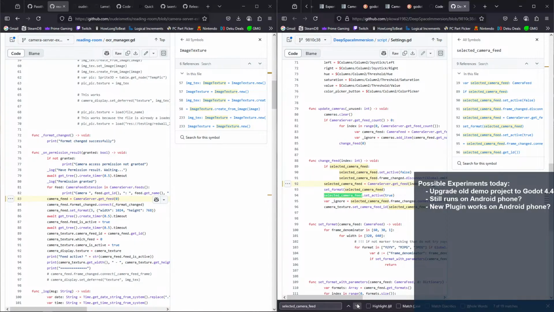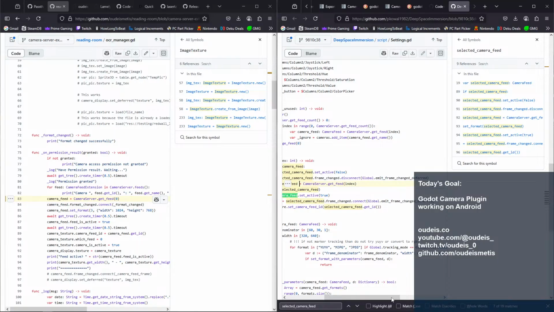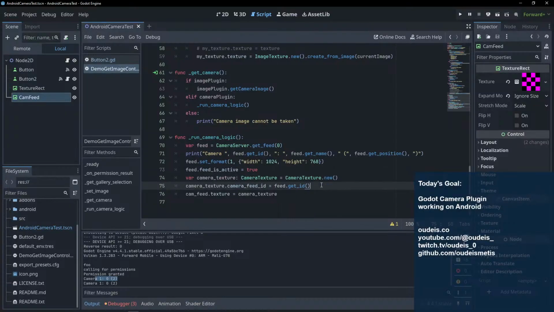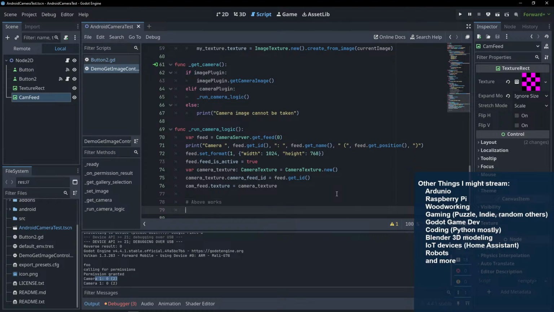Set active. Emit frame change deferred. Frame changed. What's frame change going to be? So both works. I probably should